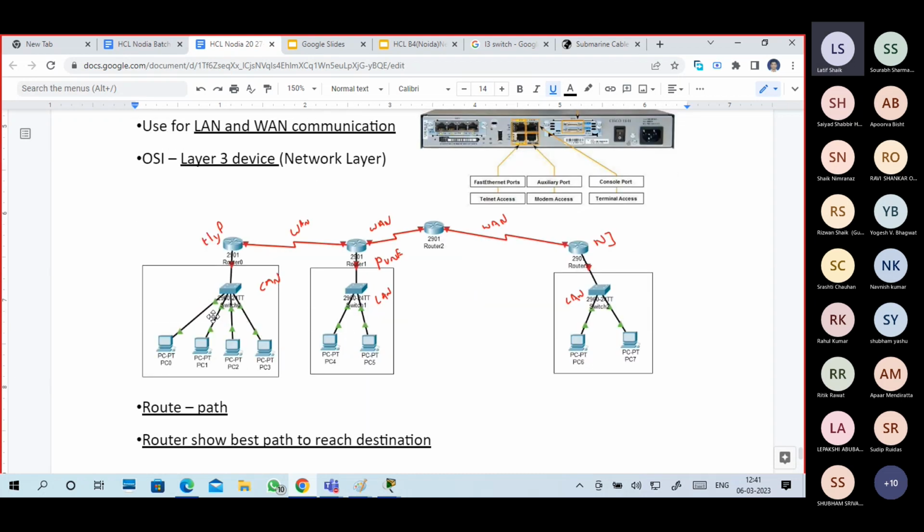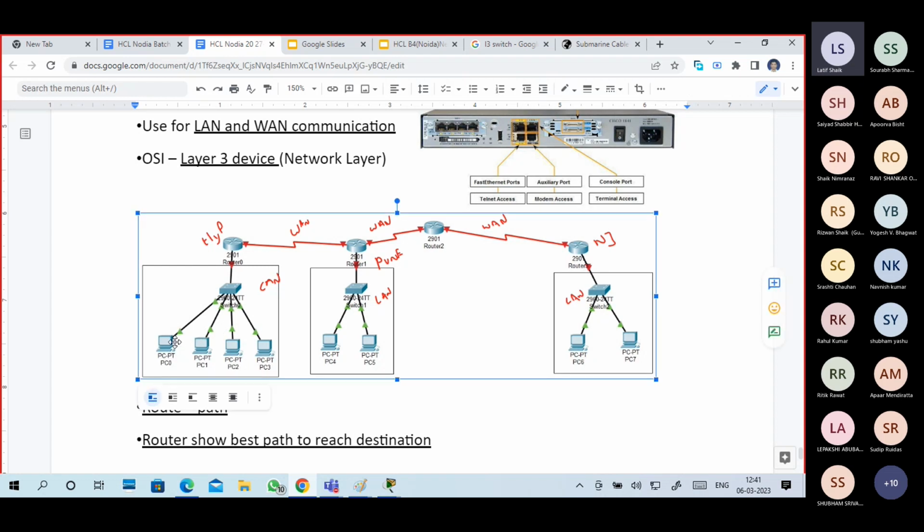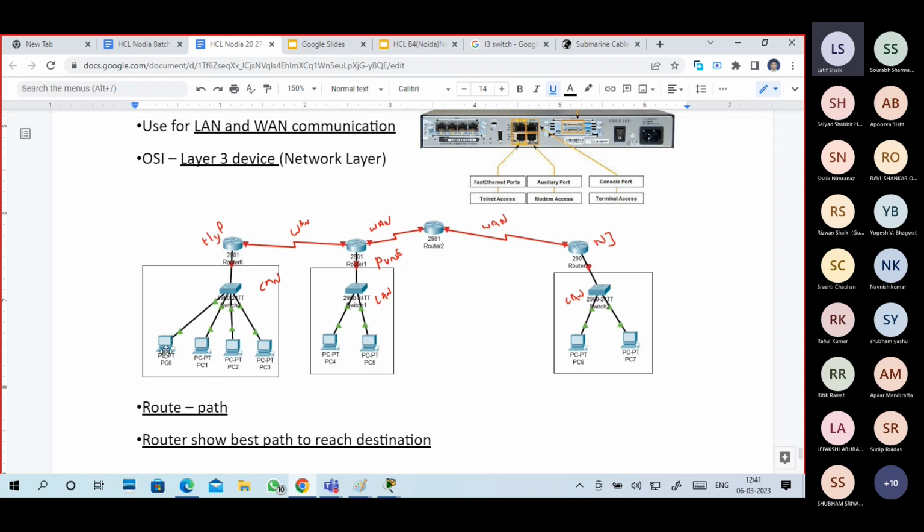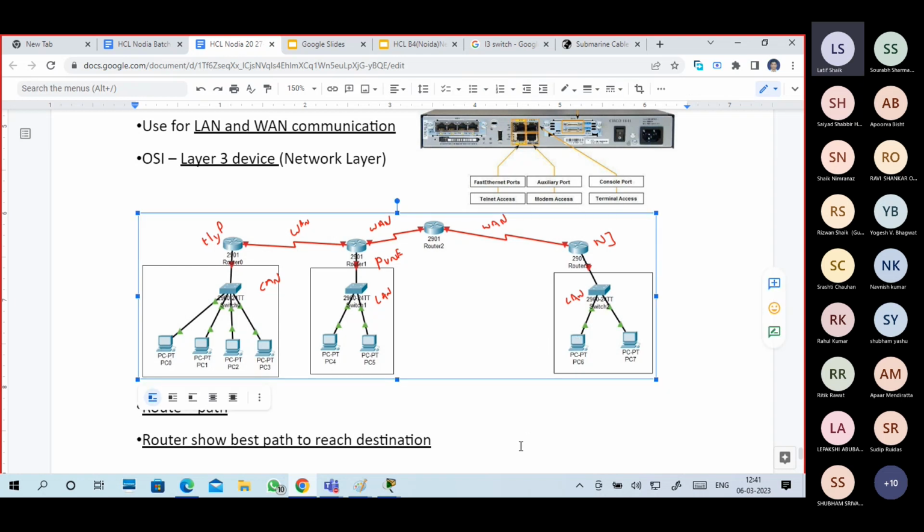For example, I am located in this place and I want to communicate from here to this device. How do I communicate? I have to send a packet to the switch or hub, then to the router.